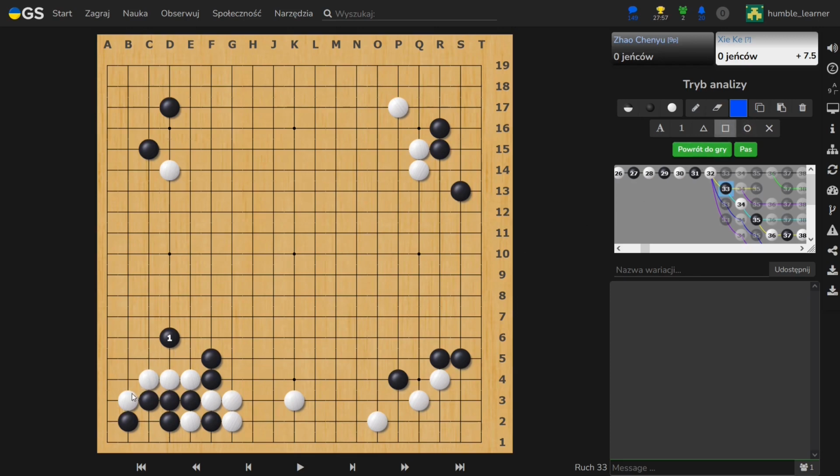It can live either by taking this stone or by taking this stone. And obviously you cannot do it with just one move. So when a fight begins,